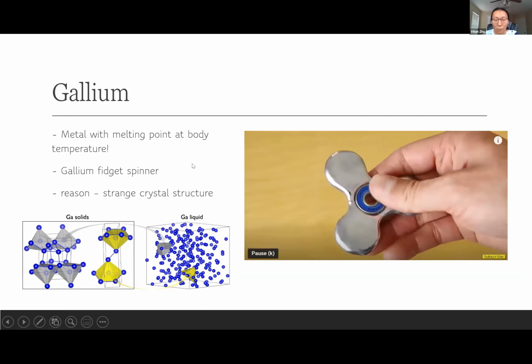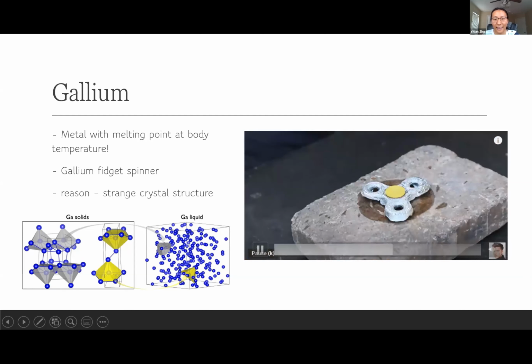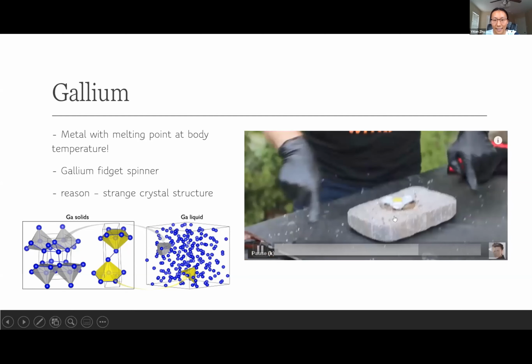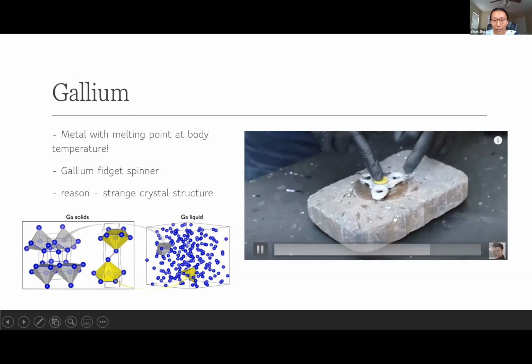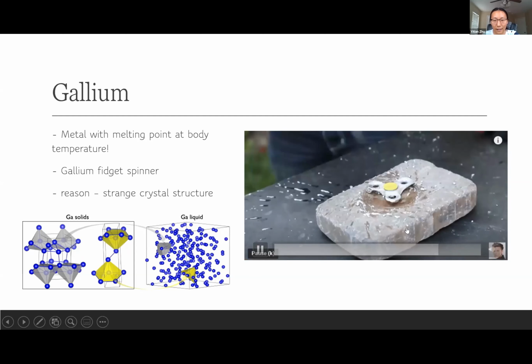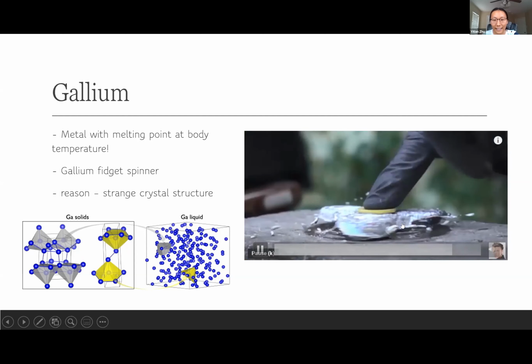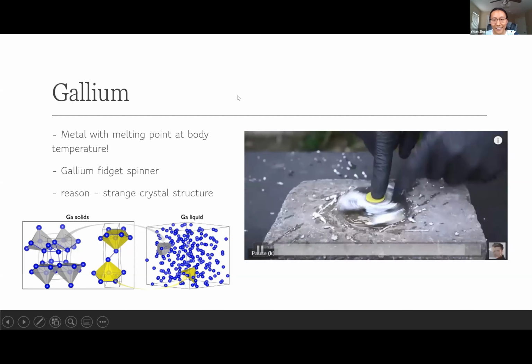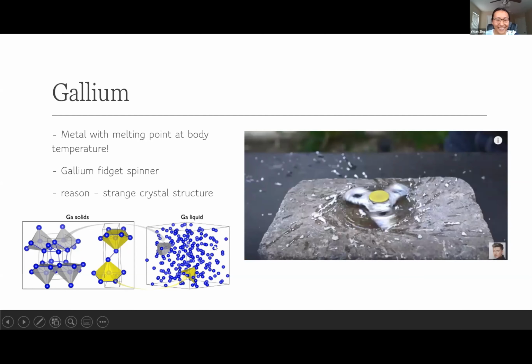Now we get to the even cooler part, where somebody put hand sanitizer and set it on fire, and so the heat is enough to cause the fidget spinner to completely melt. So the metal is completely melting and the fidget spinner gets destroyed. Not popular anymore. I'm kidding. Okay, so